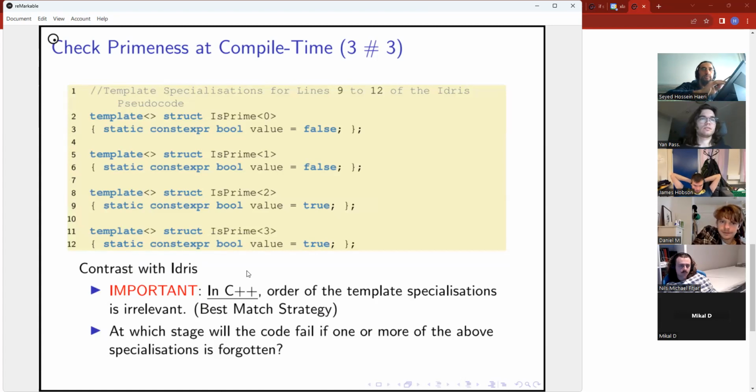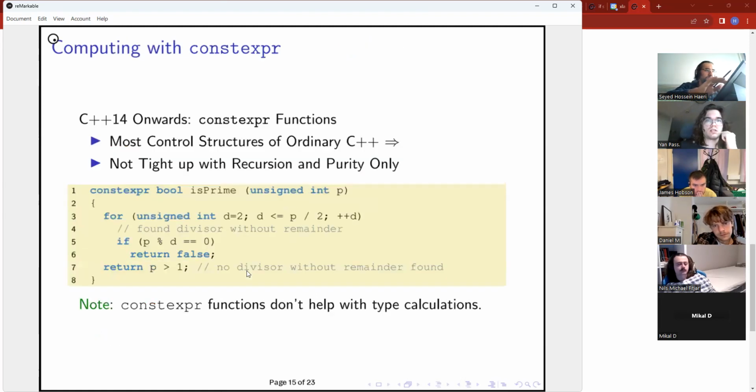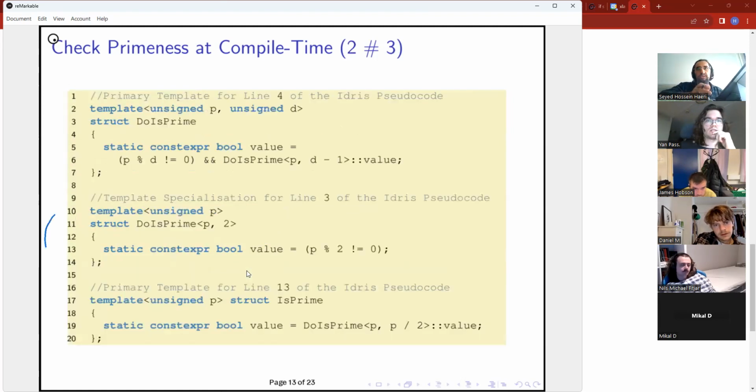Right now, leave the specializations: the special cases of 0, 1, 2, and 3. 0 is not prime, 1 is not prime, 2 is prime, 3 is prime. We'll get to this part later. So forget about the special cases. Just try to follow the logic, and you have 1 minute.